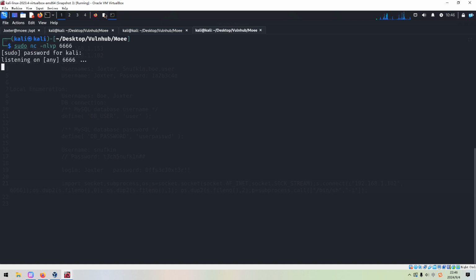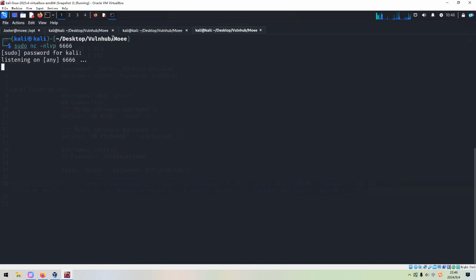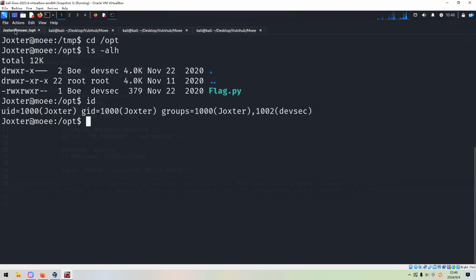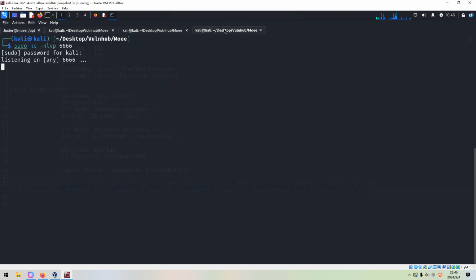Okay, so we can copy this, and oh yeah, this user we can echo to flag. Okay, and then we can wait for a connection from the target, and this shell should belong to the user buoy, and then we can go ahead, right?